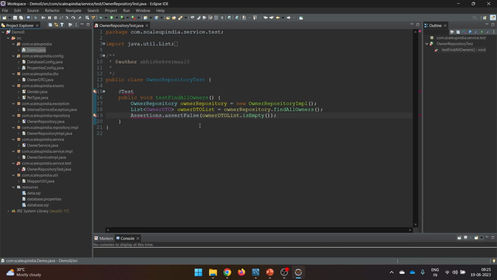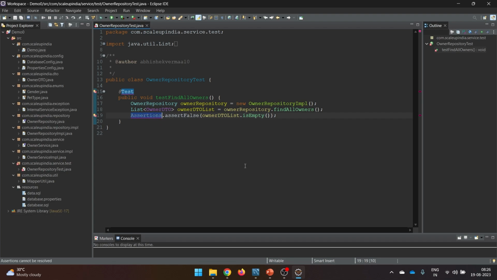So for this, what do you think? What is required? And first of all, why do you think we are having these errors? I hope that you have mentioned in the comment section if you know. The reason for these errors is that this @test annotation and these assertions are not a part of main